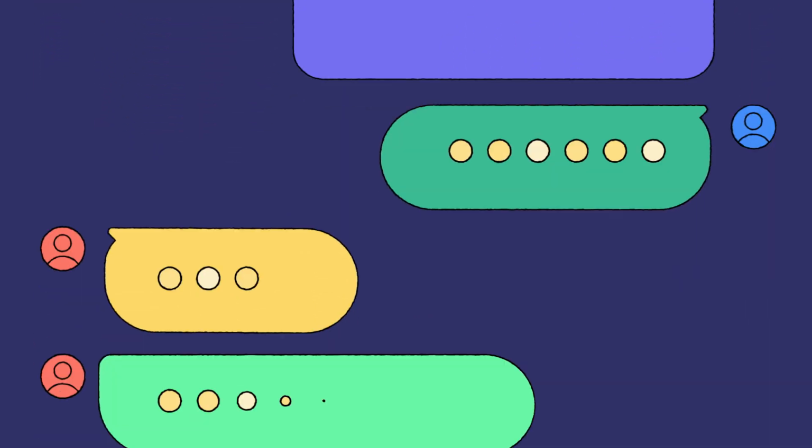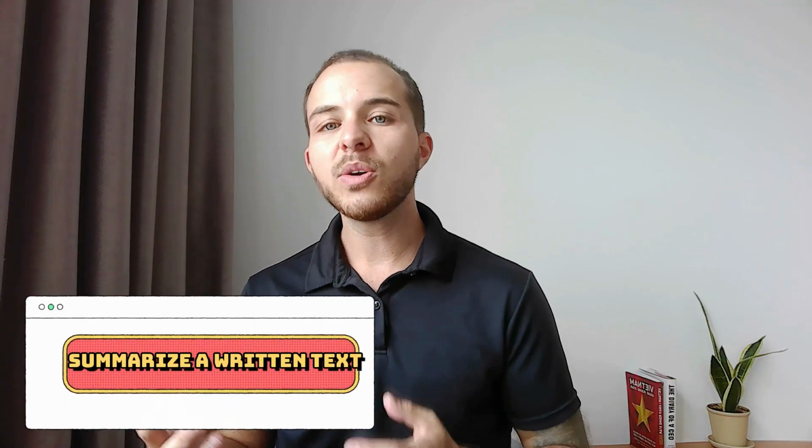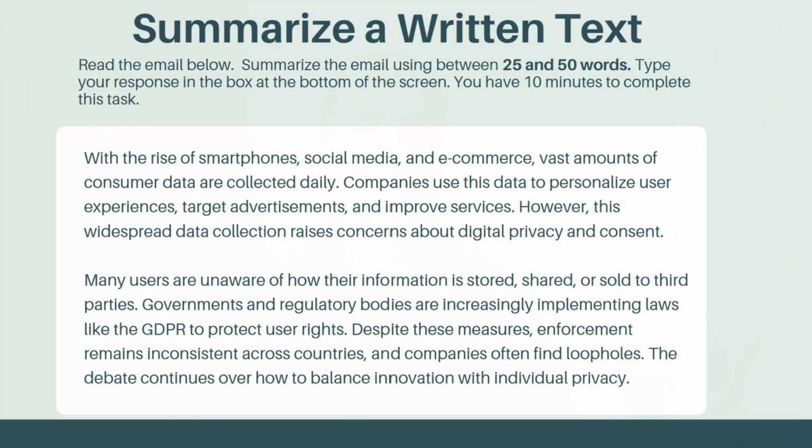In the PTE core exam, for the writing section, you need to have the skill of skimming and scanning a text. How quickly can you understand the context of this text? Now, if you got that in just a few seconds, then good. The writing section will not be very difficult for you. But in order to get a 90 out of 90 for this PTE core exam, we need to have these